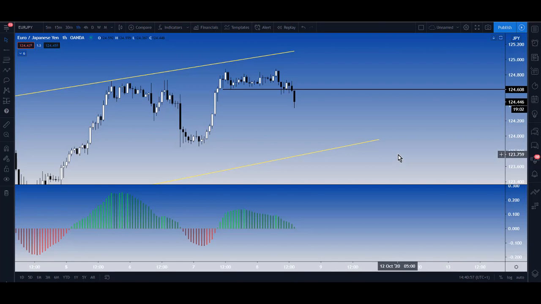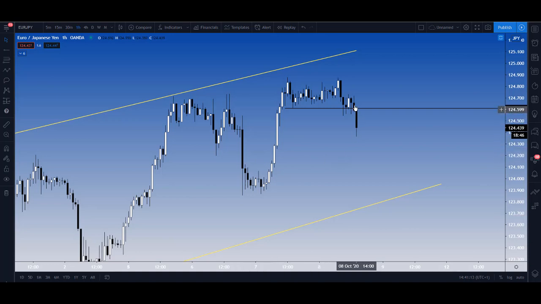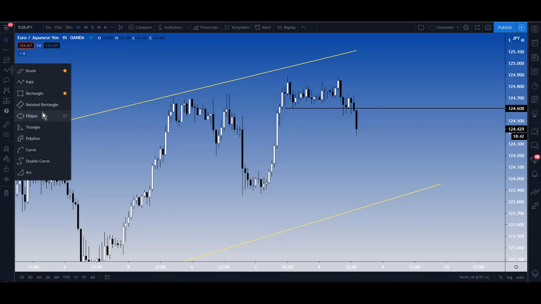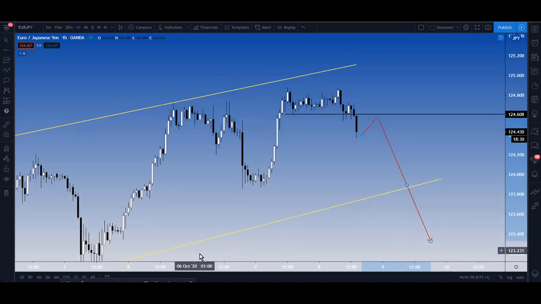Also, we use a MACD. We don't often talk about this, but MACD showing us that we've got a high and higher high here, but high and lower high on the MACD, telling us that potentially we're going to see some sellers coming in. So this is now broken out of this support level here. We'll be looking for price to come back and retest somewhere up there, and looking for that trade there and potentially break out. Because if this is a correction,